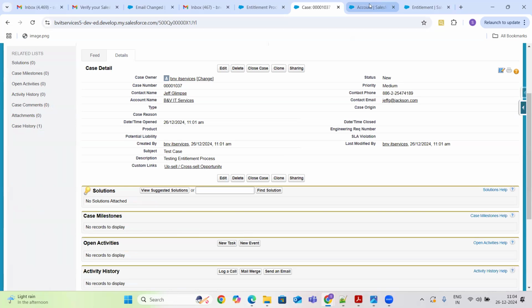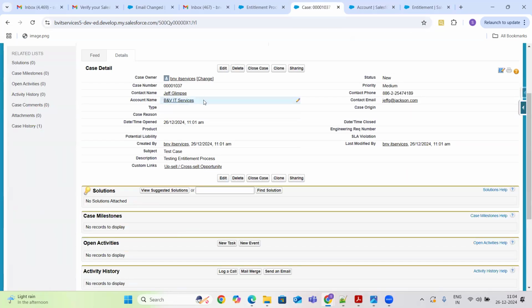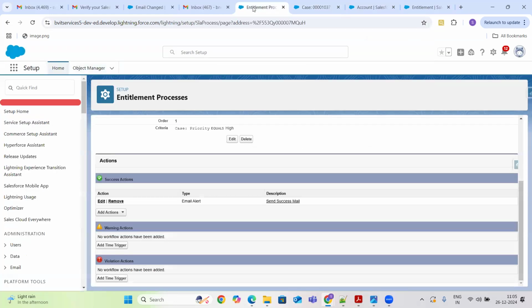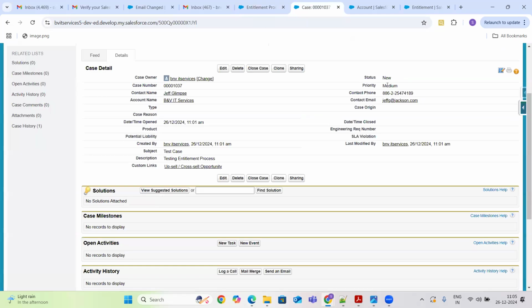So this is my account. From this account only I have created a case. So I have selected entitlement process of status change. Okay. It's a milestone criteria. Case priority equals to high. So let me check what is my case priority. It's a medium case. Okay.